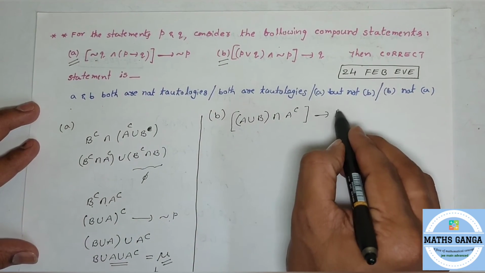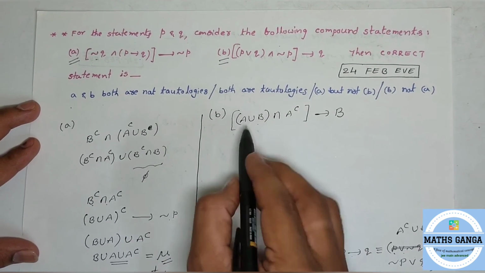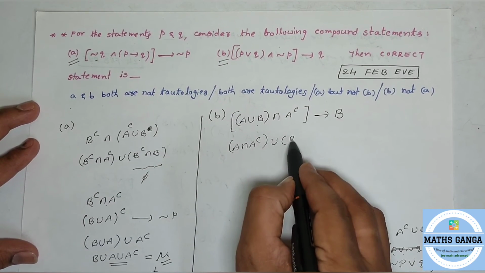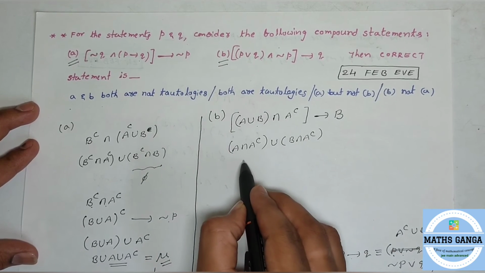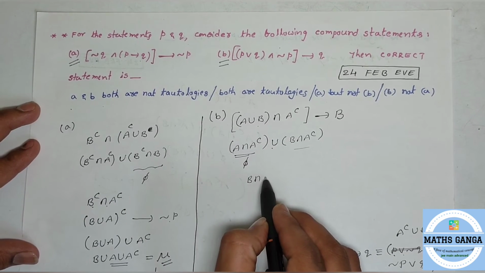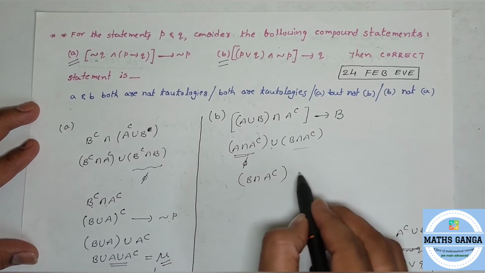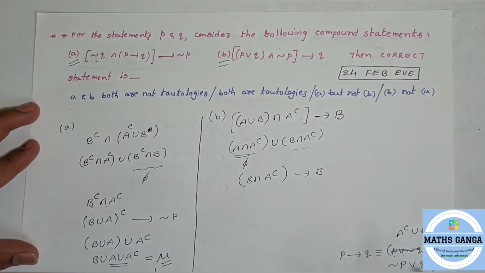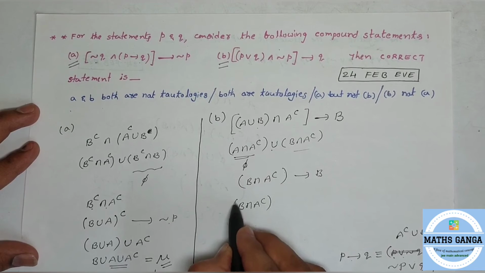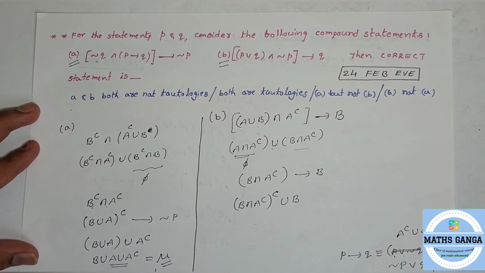That's the other part. First of all, try to simplify this using the laws of sets. A union B intersection A complement is A intersection A complement union B intersection A complement, and A intersection A complement is empty. Empty union any set is again that set itself. So B intersection A complement, and this first one implies B now we have. Then by this particular law, complement of this first, that means B intersection A complement, complement, union the second set B. This is what we need to simplify.